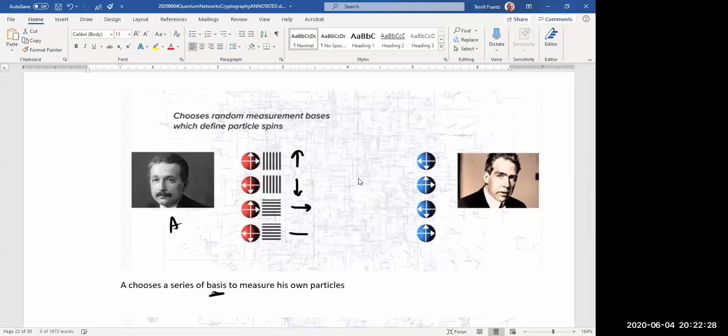So we'll basically get these measurements, right? I've got an electron here. I choose this basis here, so,